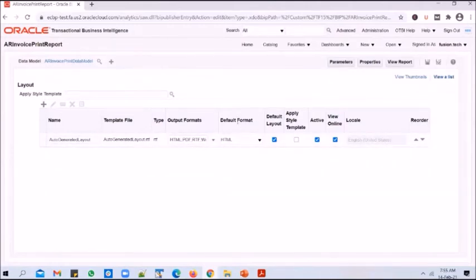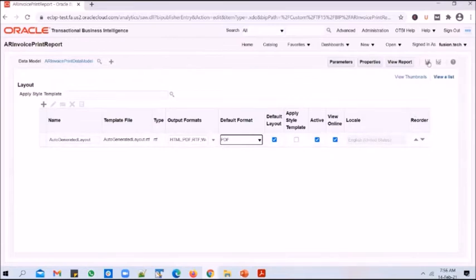And there will be a default format which will be used to generate the output by default. So when the user runs the report, there has to be some default format, right? And that will be HTML by default, and you can change it. Say for example, if you want to make PDF the default format, you can change it.